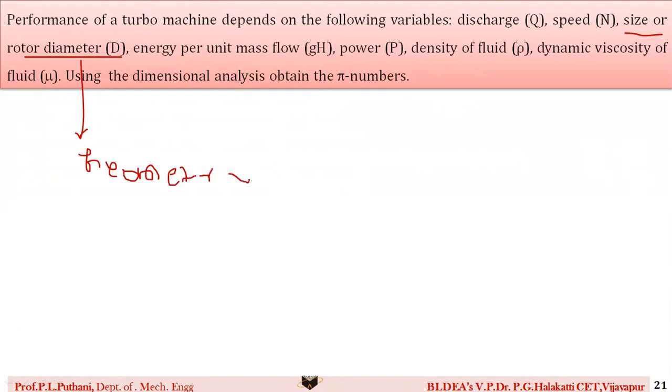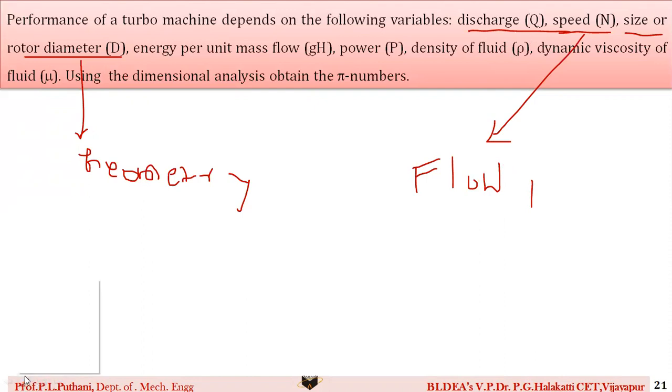Then coming to flow property, you are using the speed, which comes under flow property. Even the discharge can be used, but if you compare discharge and speed, the speed can be taken very well because its dimension is only T raised to minus 1. So automatically the simplification becomes easier. That is the reason I take only the speed as my flow property.